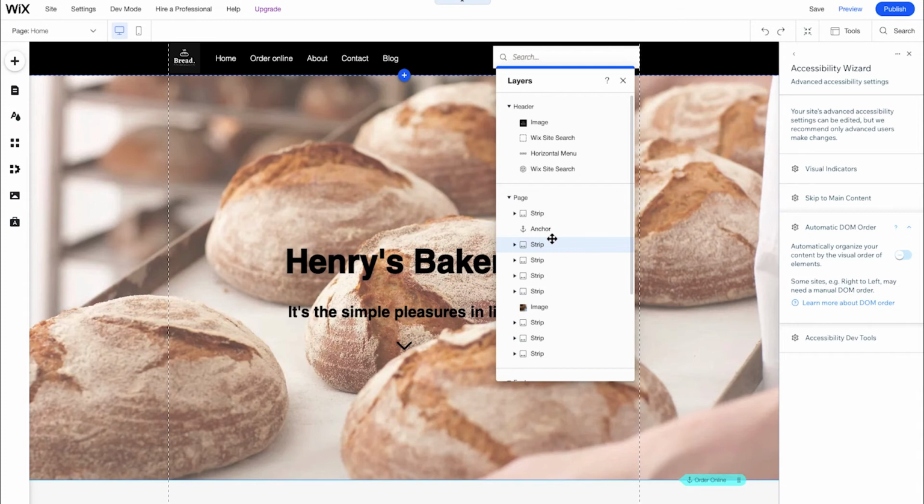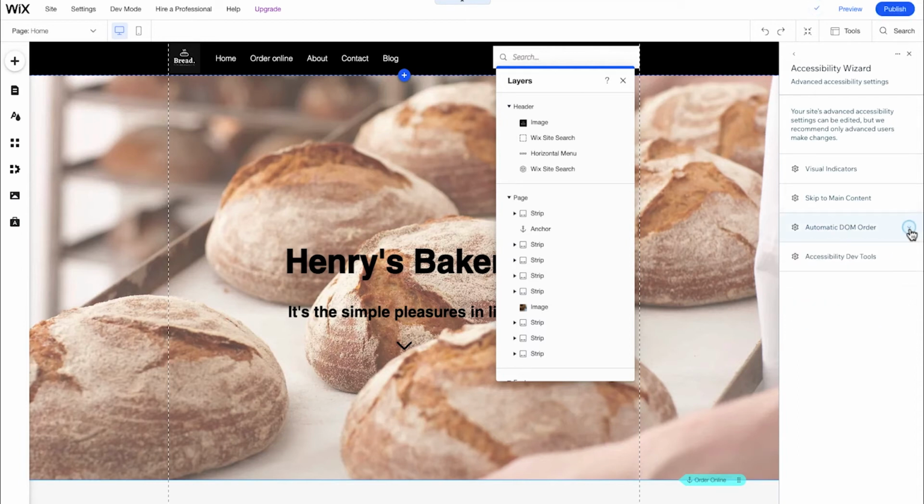First of all, that's really hard to keep track of, and if there's nothing unconventional about your site, there's really no benefit to it. However, if you know what you're doing and you know why you would need to turn off DOM order, now you know. For me, I'm just going to turn it back on.